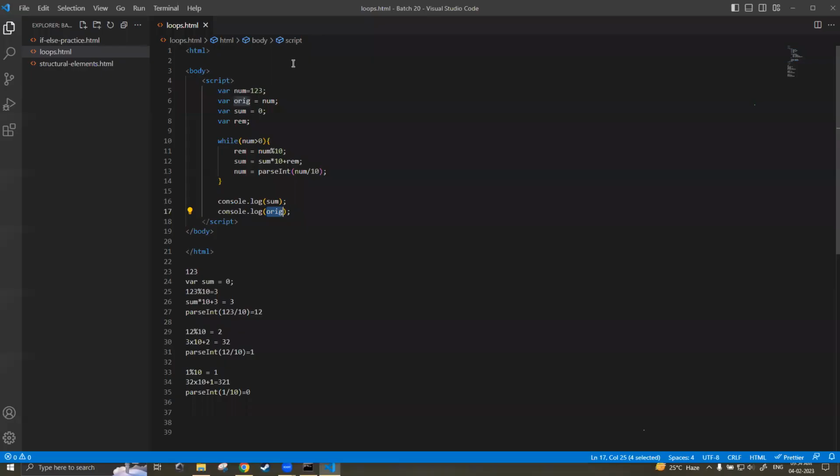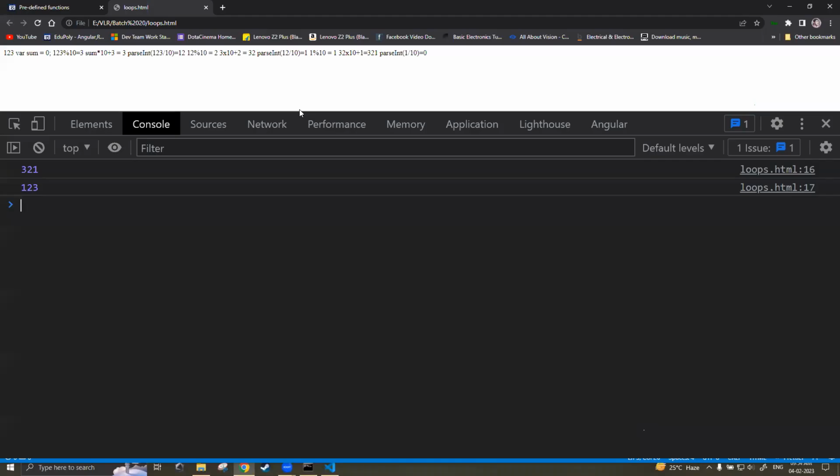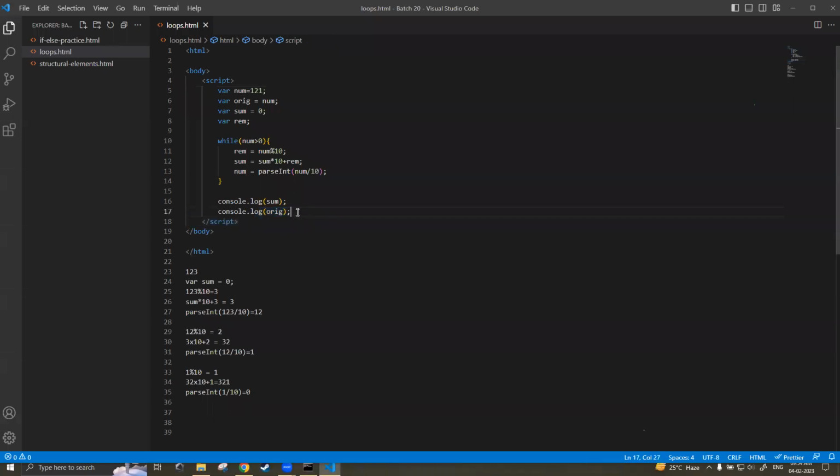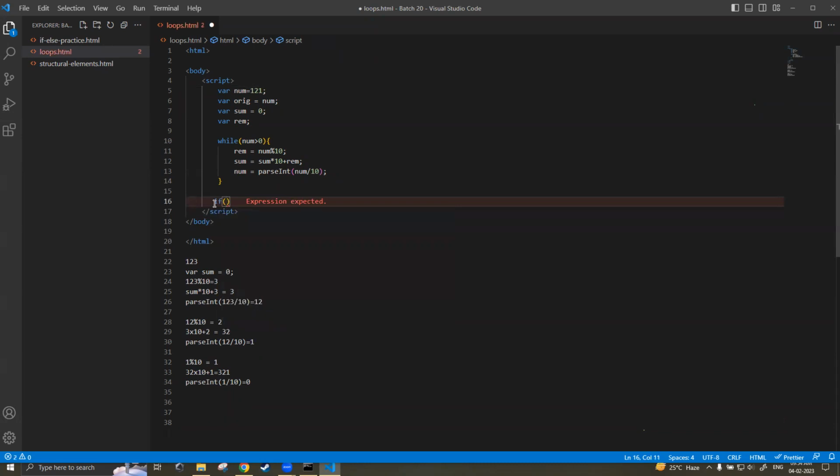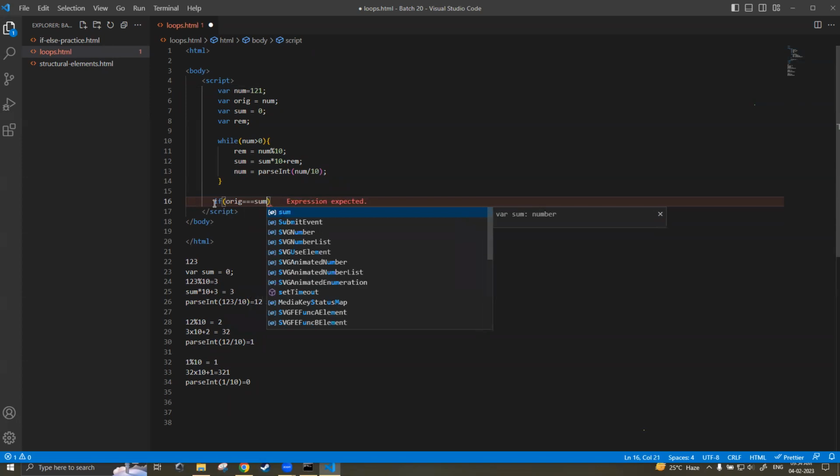Okay. So if I put here a palindrome number 1 2 1, I can see both the original and the changed number are the same. This way we can compare. So how do I compare it? Here, if orig triple equal to sum